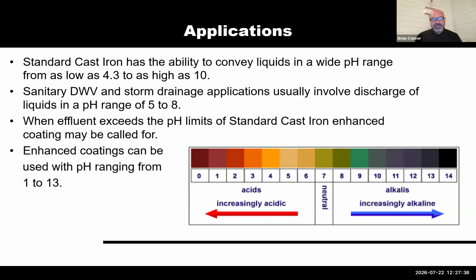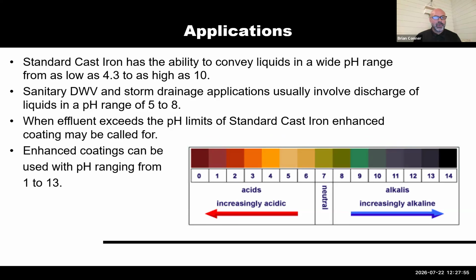One of the older systems that a lot of folks may have been familiar with is no longer commercially available, and that's high silicon iron. There was only one producer of that, and they went out of business about 6 years ago. So there is no longer the Duriron, and